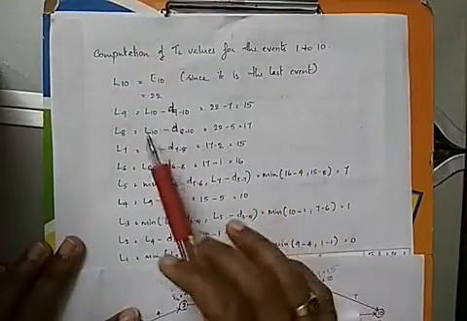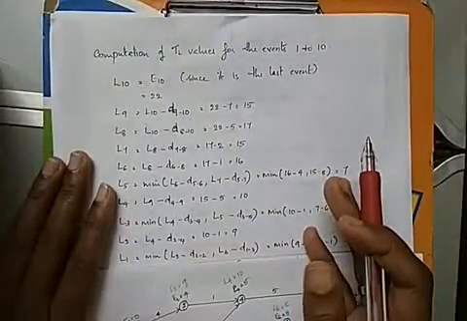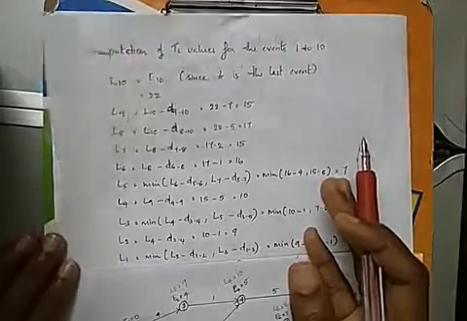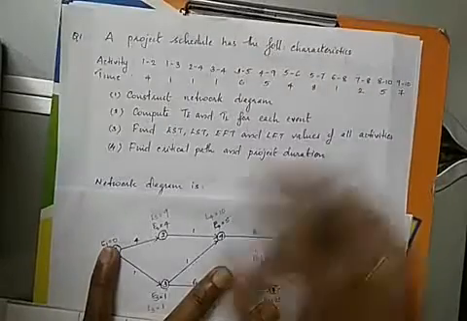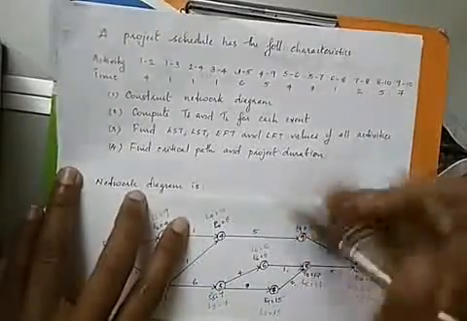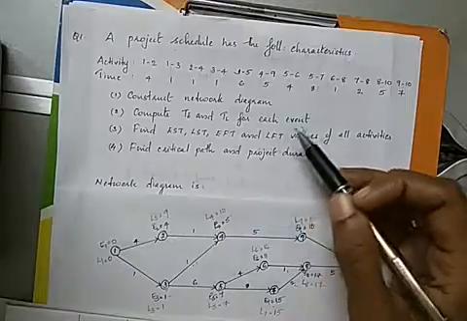The steps to find each value are written here. By that method also we can write. So this is how we find the earliest and latest event timings for all the events. Now for the given question, we have constructed the network diagram and found the TE and TL values for each